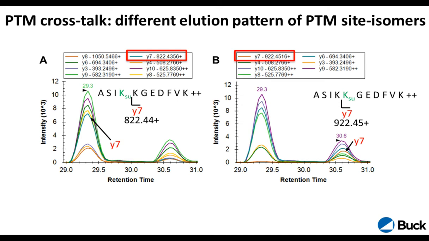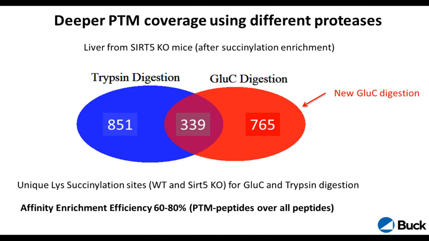So we would have even been able to differentiate these isoforms if they had co-eluted. So this is really a power of combining very well done affinity enrichment tools and workflows with modern scan types and really getting the most information out of a PTM space as possible. And I mentioned earlier to you, you could actually increase your coverage in depth even further by using different proteases.